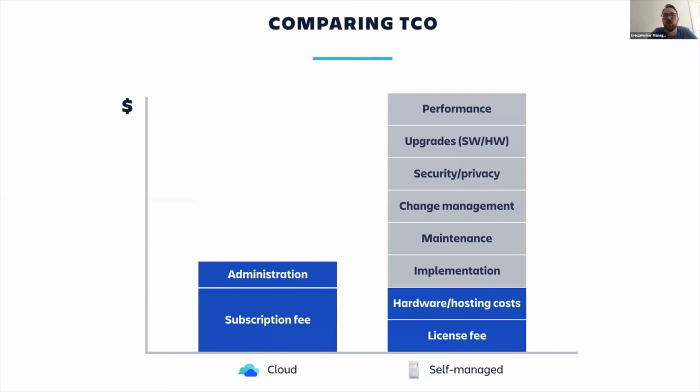Next point is costs. So I've seen a lot of charts basically comparing cloud to server costs, and if you actually look at the pure license costs, it is more expensive, definitely. But if you look at something like the total cost of ownership, whereas you not only have administration and subscription fees for your cloud license, but also take into consideration that if you want to manage the stack yourself and not get it in some sort of managed hosting offering where you basically have, let's say, plannable costs, there's a